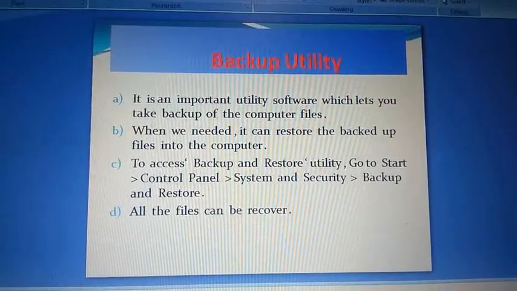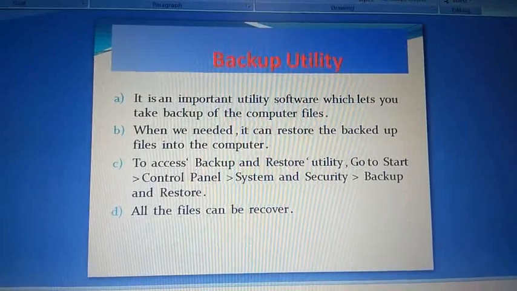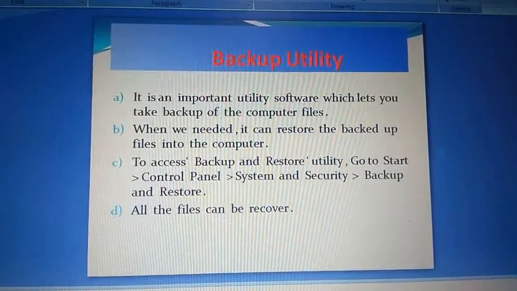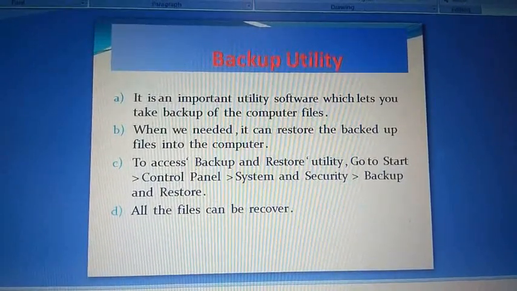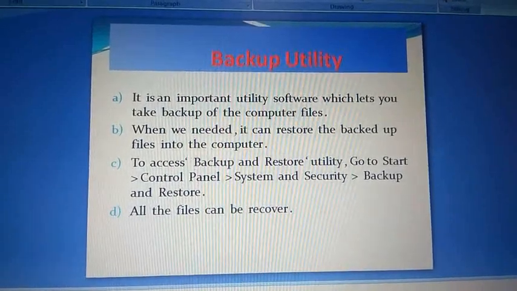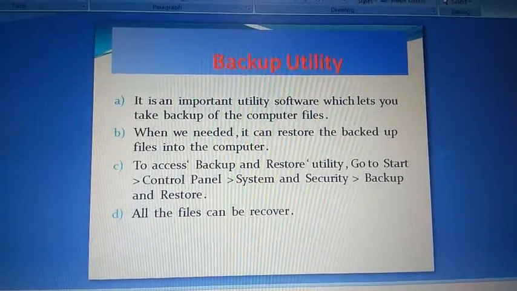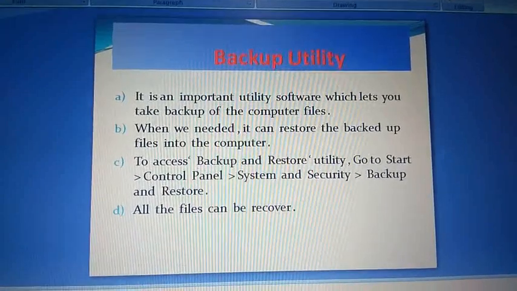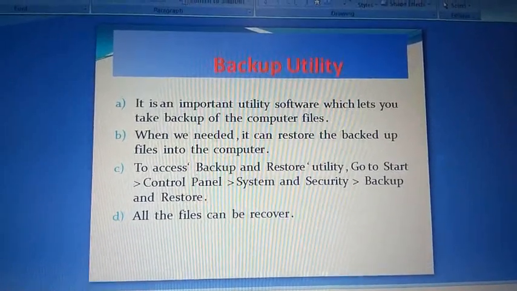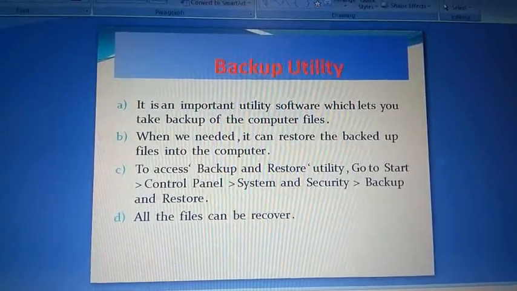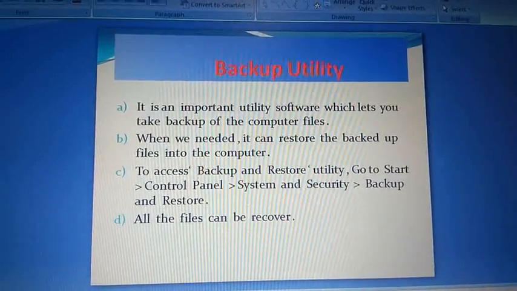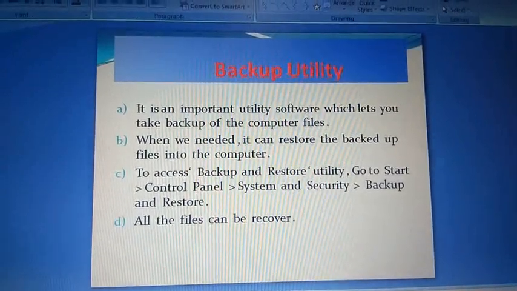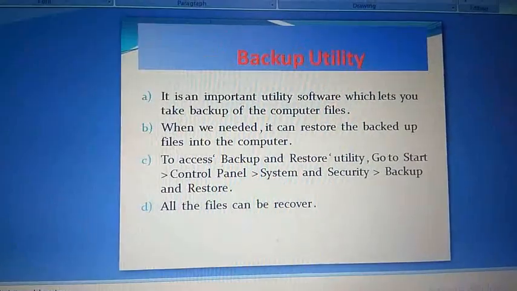It is an important utility software which lets you take backup of the computer files. When needed, it can restore the backup files into the computer. Using backup software programs, we can create supplementary copies of data files of the entire computer.